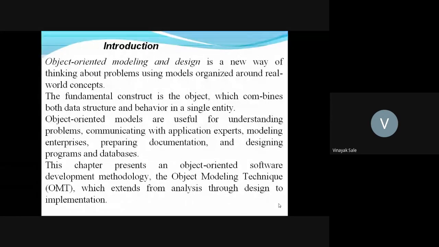Model is a small thing or a demo through which we can construct a big thing. What is object? Object is an instance of a class. Then what is a class? Class is a combination of data and function together, which have two parts, private part and public part.